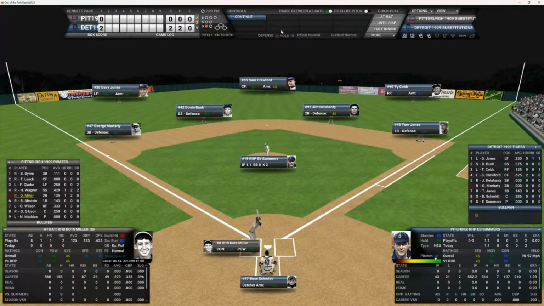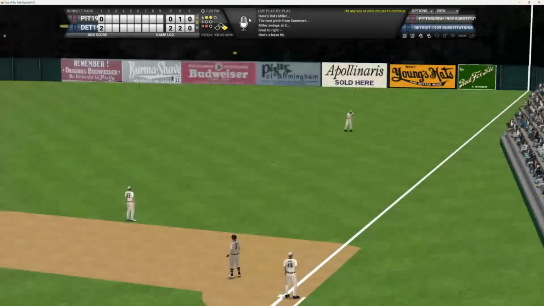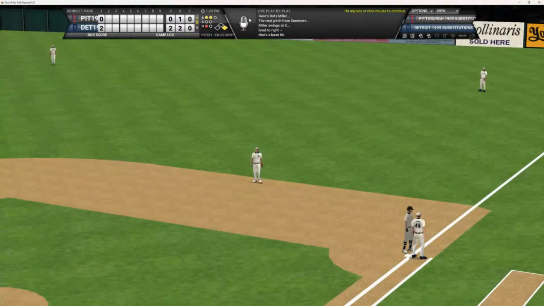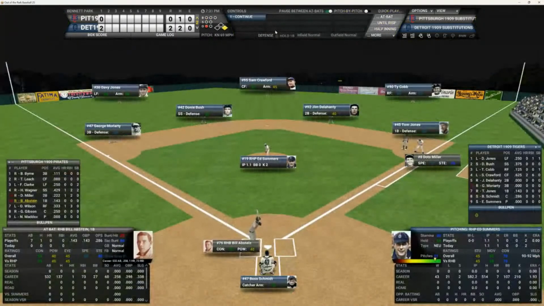Miller's batting .120 with no RBIs. He's 1 for 8. Here's the 2-0 pitch to Miller. And that ball is hit to right field. That's going to drop in for a one-out base hit. Miller's aboard here. And that'll bring up Mr. Amstein. And he's batting .143, Bill is. Here's the 3-1 pitch.